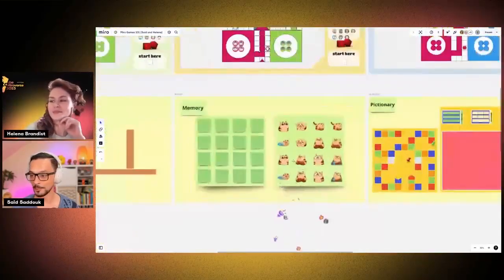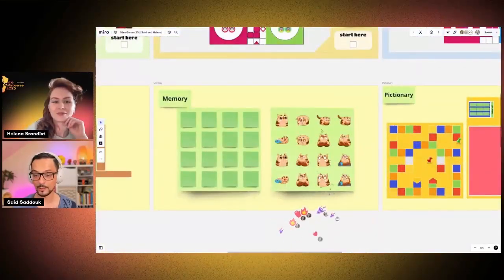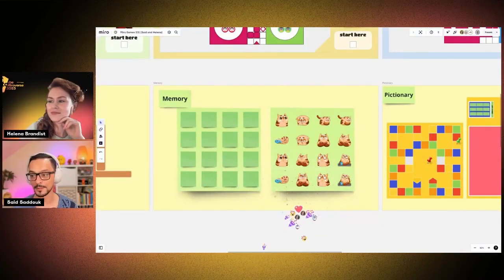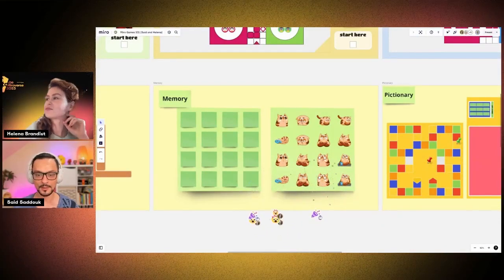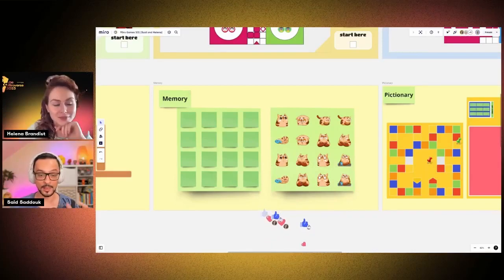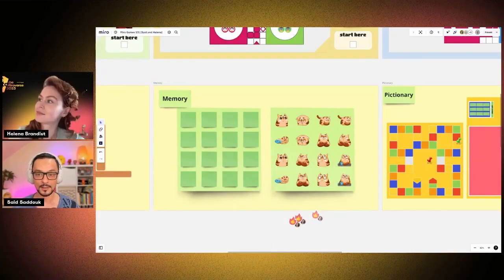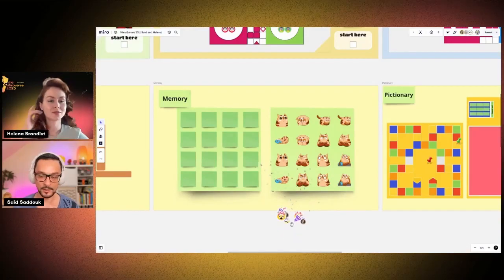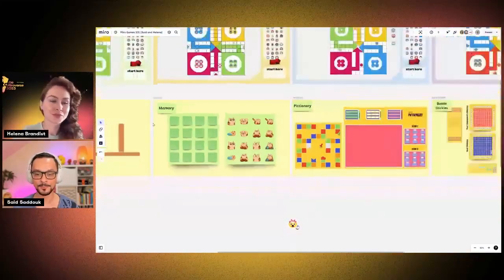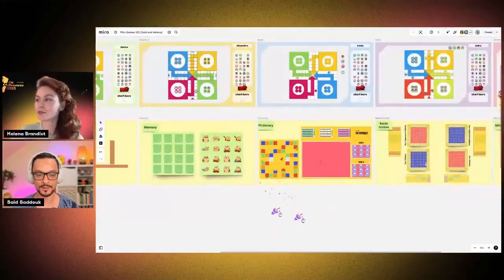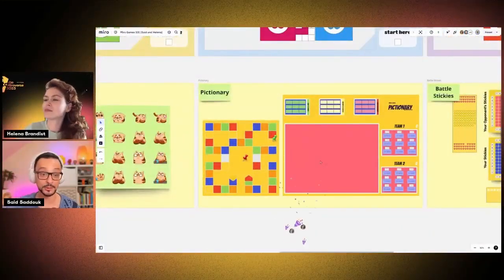And then we have Memory, which is also very easy to create with icons and with sticky notes. And now you probably think, okay, how do I flip them? So how do I see them? There is another app you can download or you can just install on your board. It's called Card Flip. So, and then you will be able to flip sticky notes, which is very useful, not